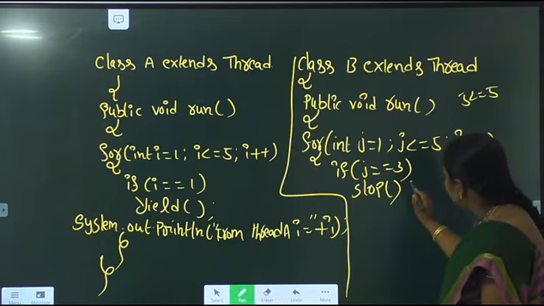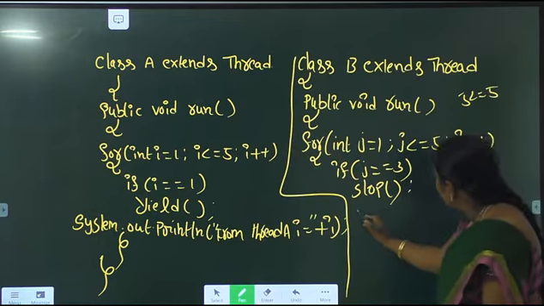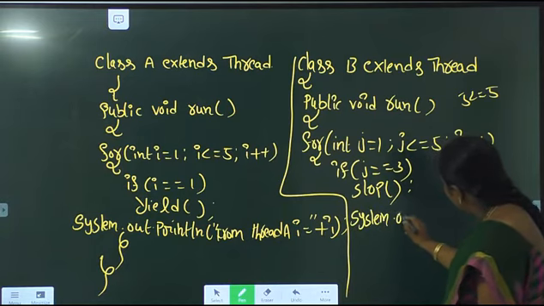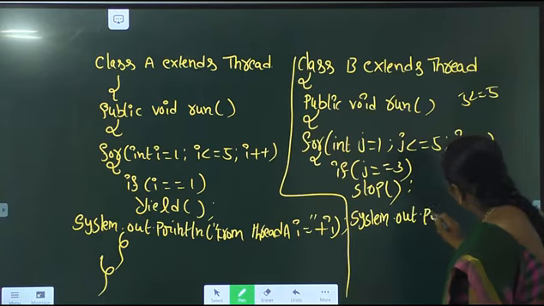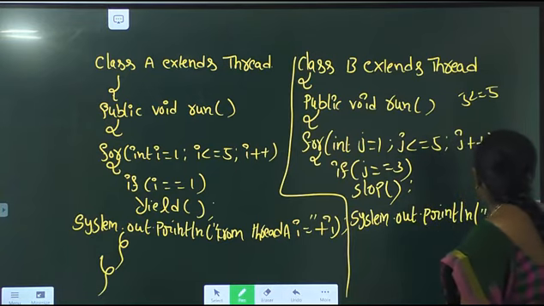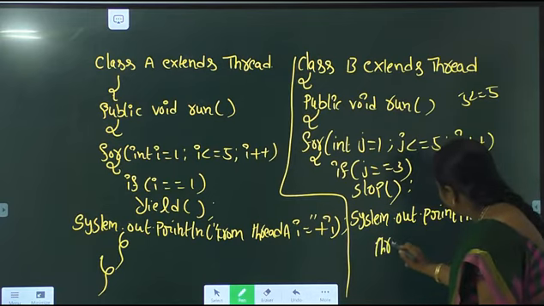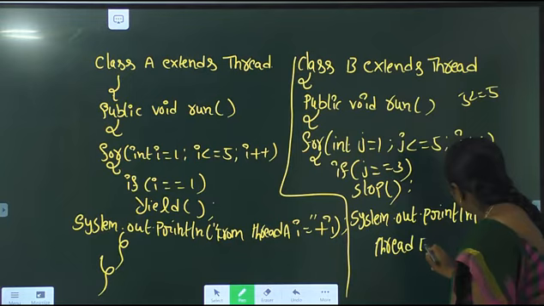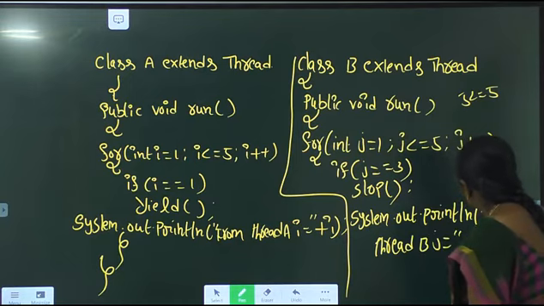Next, I am writing System.out.println("from thread B, j = " + j).